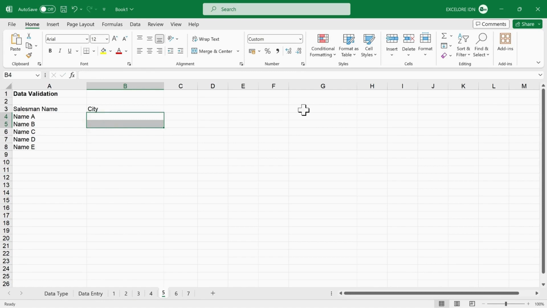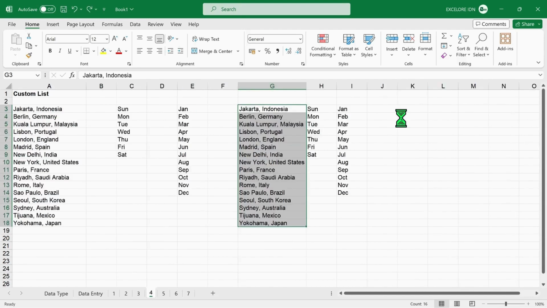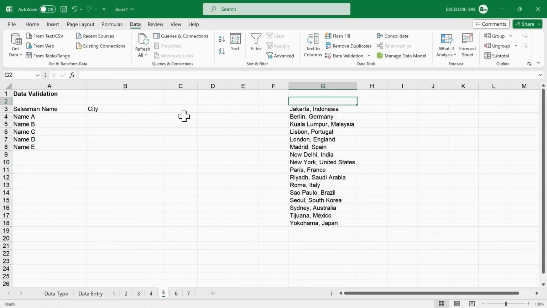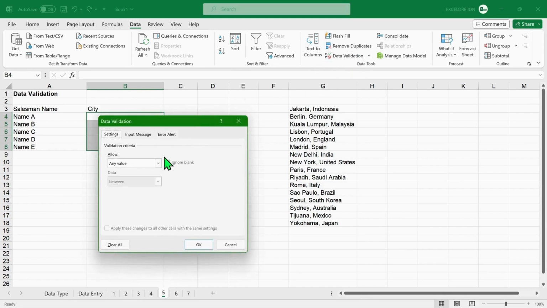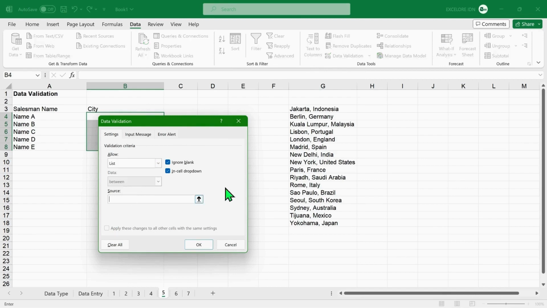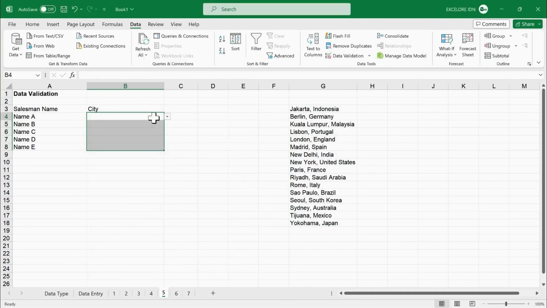To utilize this tool, we first create a list of city names outside the input data range, say in column G. We copy the list from the previous list. Once the list is there, we then block the cells in the column we want to fill. Next, we navigate to the Data tab and select the Data Validation option. In the dialog box, we choose the list option for the criteria and select the list in column G as the source. Click OK. All the cells that we blocked earlier turn into a drop-down list.